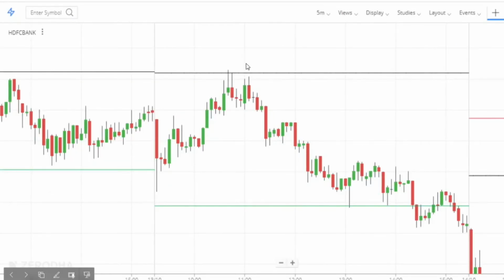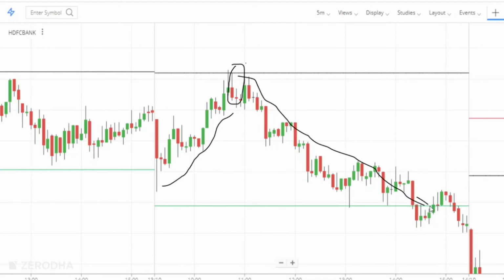So let us see another example. Here you can see price was making a wonderful upside movement, and all of a sudden a pin bar formed, and after that price moved to a wonderful downside, and you would have made a wonderful profit with this trade, because you entered somewhere here and you kept your stop loss here. Your take profit will be this much. So you can see the risk reward ratio is somewhere around 1:3. You would have made a good profit with this trade. So this is how you trade the pin bar.